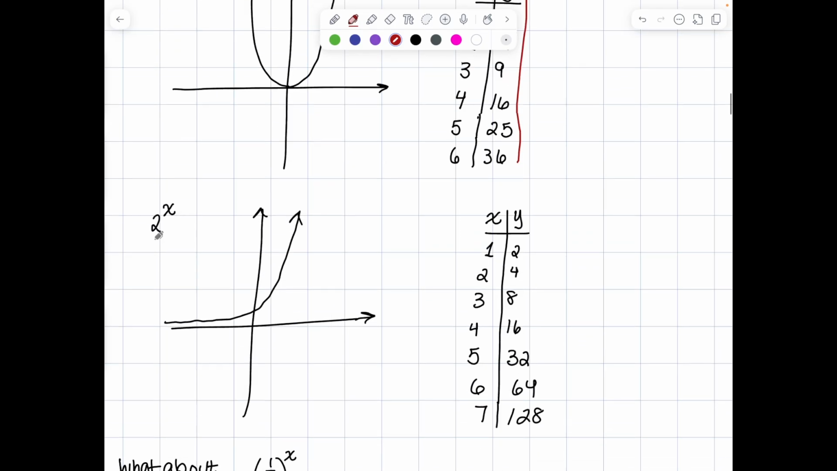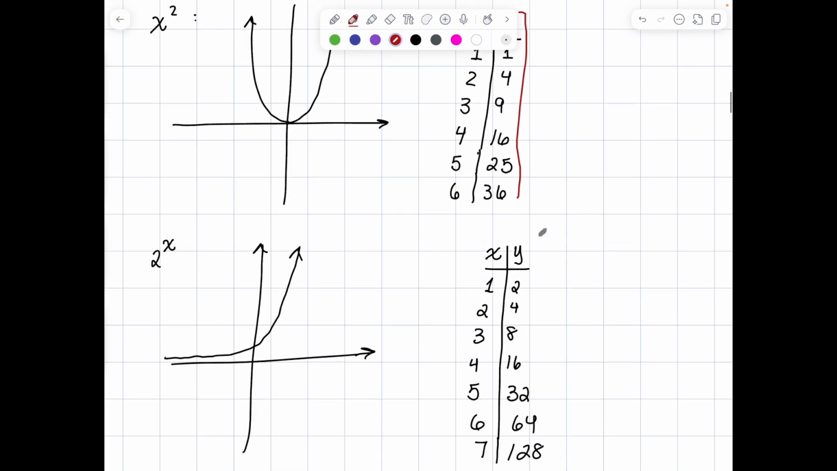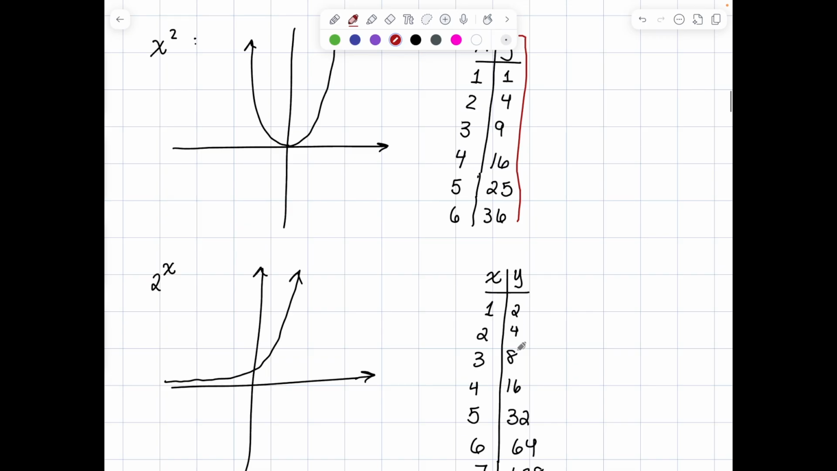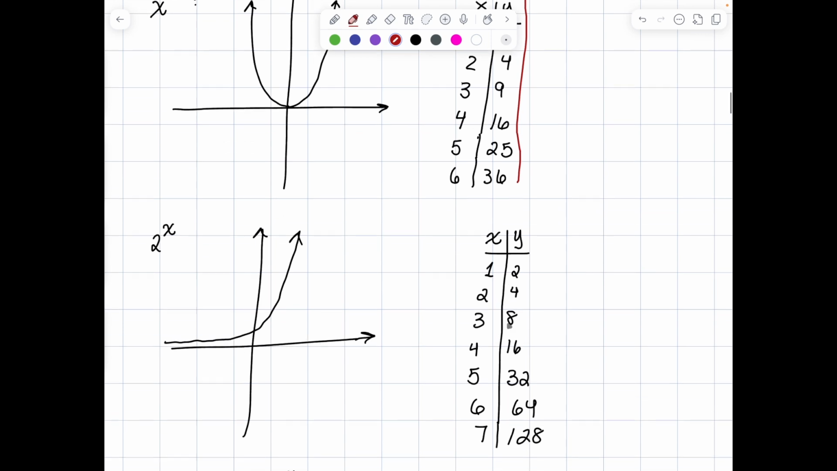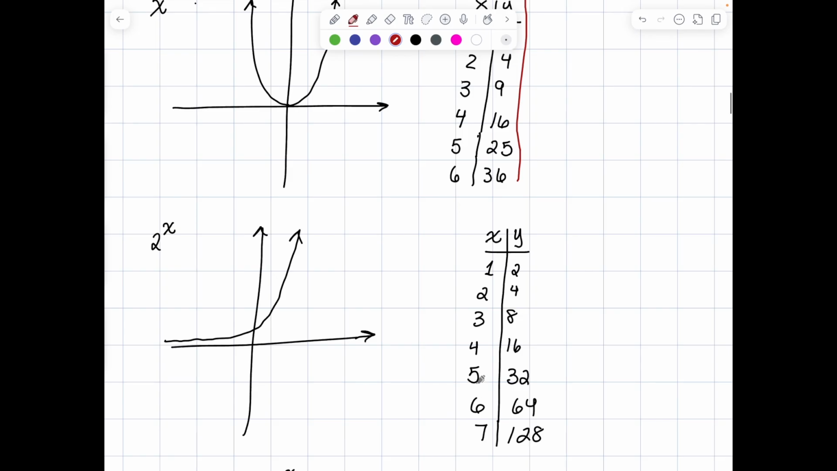So if we have 2 to the x, though, right, it starts off a little bit slower than our other function. If you notice, 1 goes to 2. Okay, that is a little bit bigger than the last one. 2, 4, that's the same point that we have from our quadratic. 3, 8 is lower than the 9, so we can see that is a little bit lower. 4, 16 is the same point,